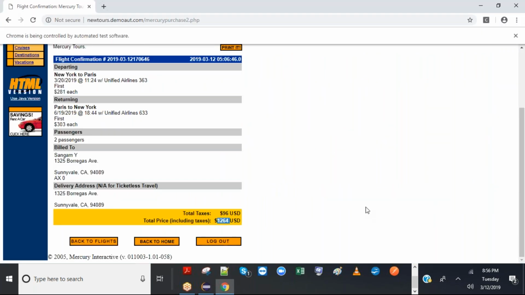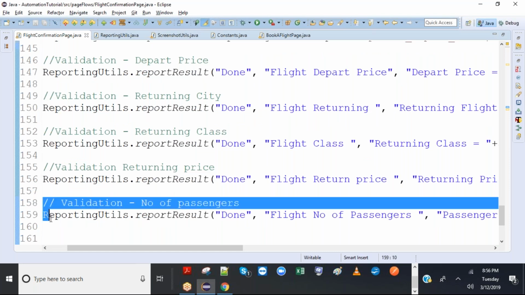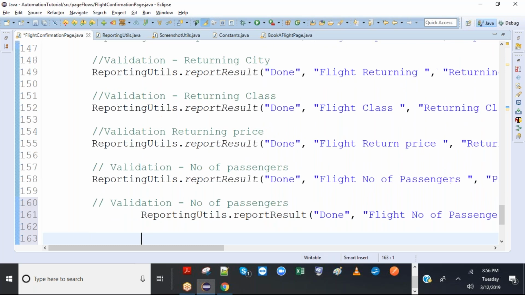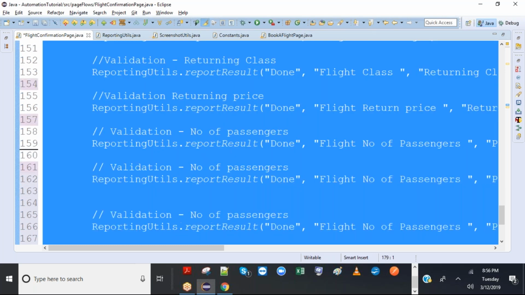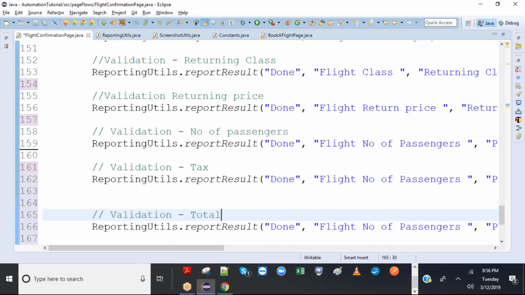Okay, so last two: this would be tax and this would be total price.